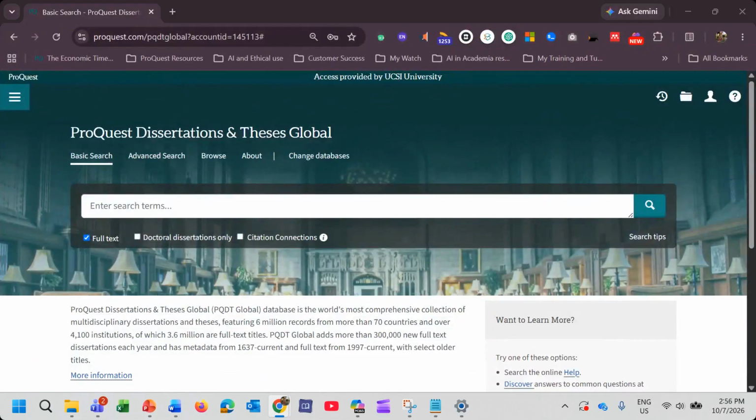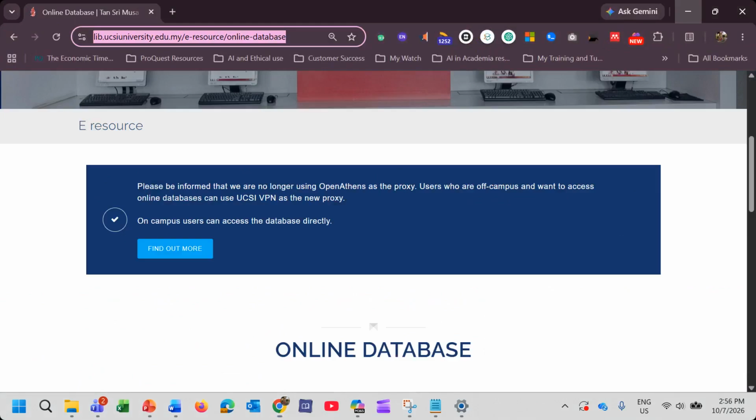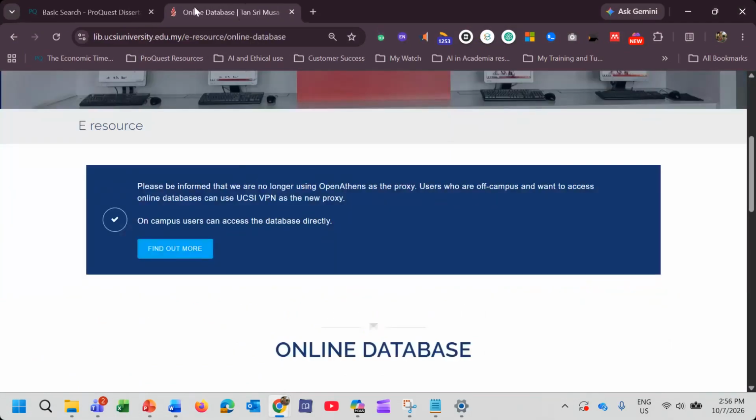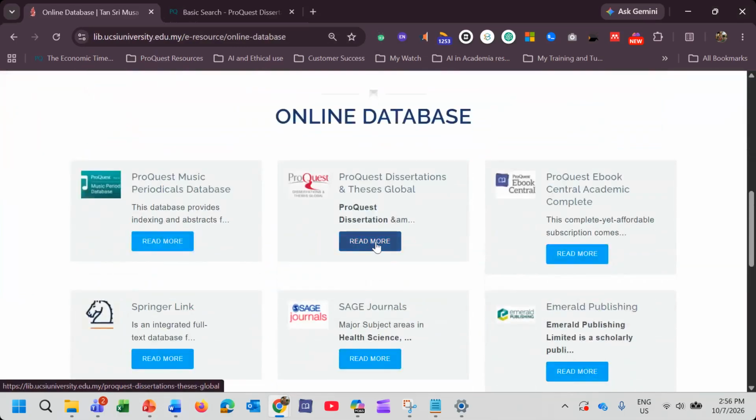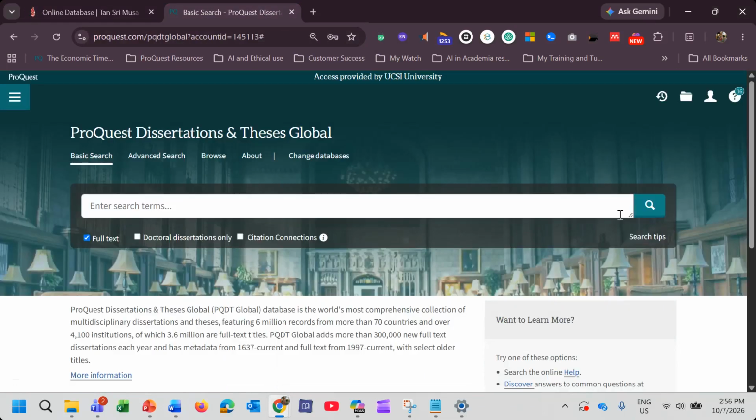Okay, so now, if you recall how to access this, remember I was talking about this one. If you go into your library, scroll down, and click on your ProQuest Dissertations and Theses, you should be coming to this page. If you don't see ProQuest Dissertations and Theses Global on your screen, you can always change database.